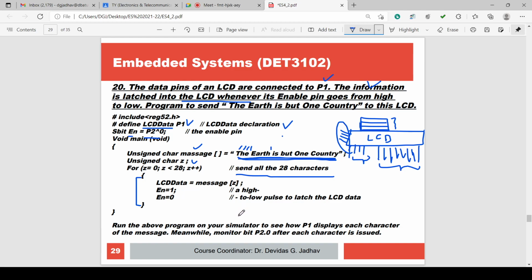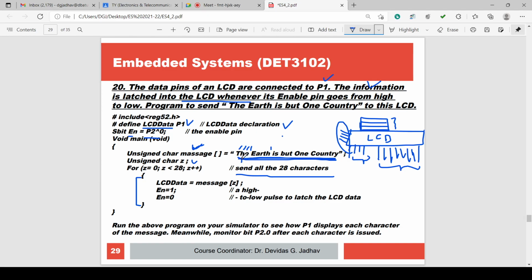So whatever the value of the ASCII symbol, or whatever the element of this message array is there. So the first element is capital T, not small t, because small t and capital T have different values.